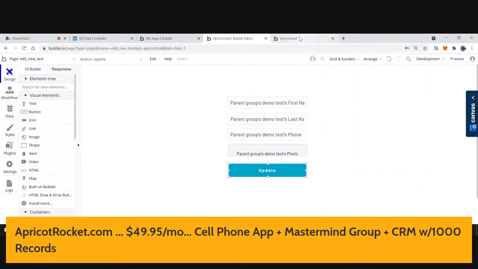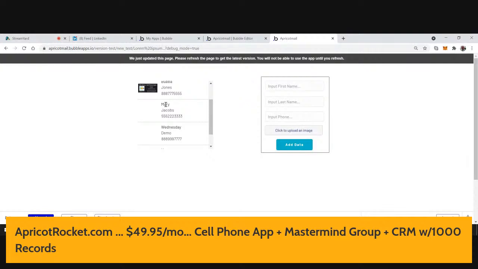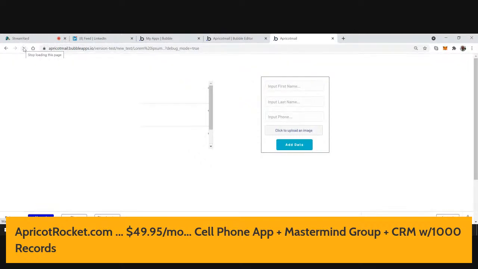Okay, so let's go now to the preview of this page and see what we're going to do. First, we have Mary Jacobs. Okay, so how are we going to know that we're editing Mary Jacobs? What we need to do is go back to that page and make sure that the link takes us to the appropriate page. So we don't have the link here. I'm going to click update and see if the link button shows, the edit button. Oh, see it? I think it's right over here on the right. So this isn't wide enough, and I need to make this wider.